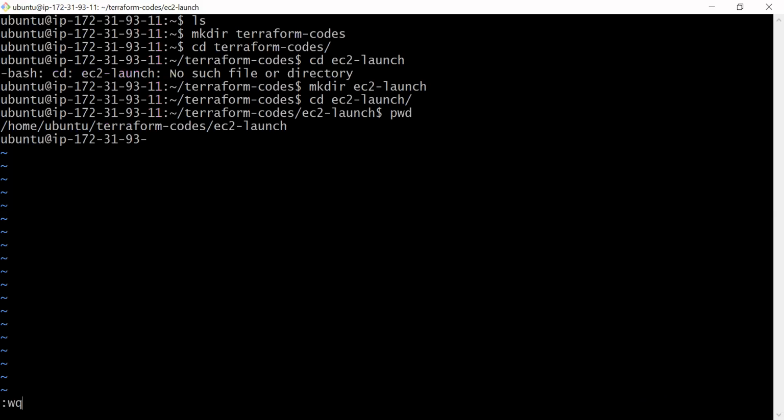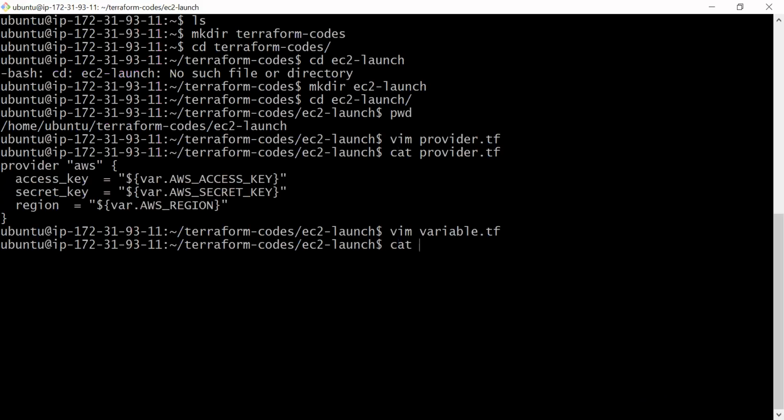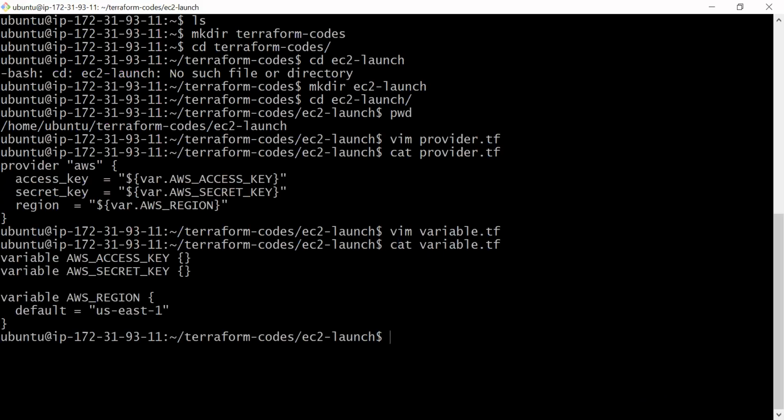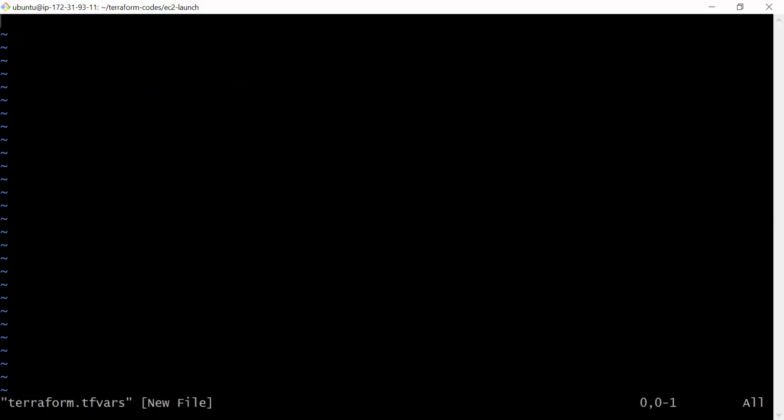So the variable file looks like this. Variables: access key, secret key. I don't want to mention them in the variable file. For that, we will create one new file, tf-vars. In that file, I can call the